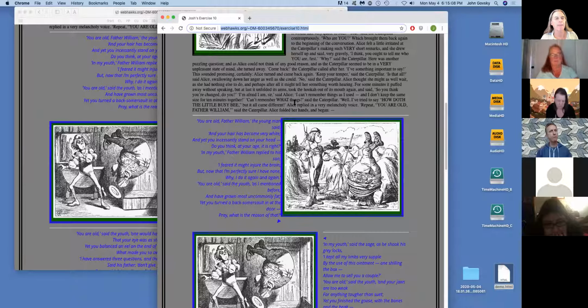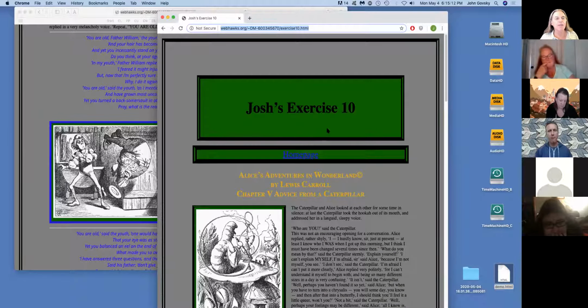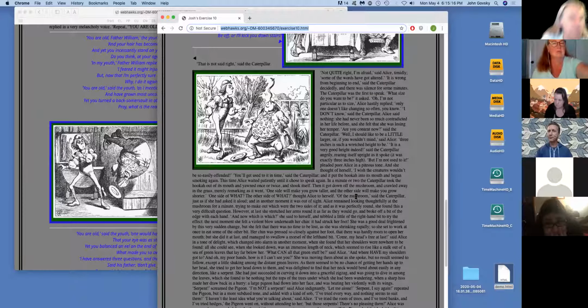Okay, so that was just a very short, minor critique. Again, the main thing is you need to break up your paragraphs, and I would recommend lightening up the background color for contrast.